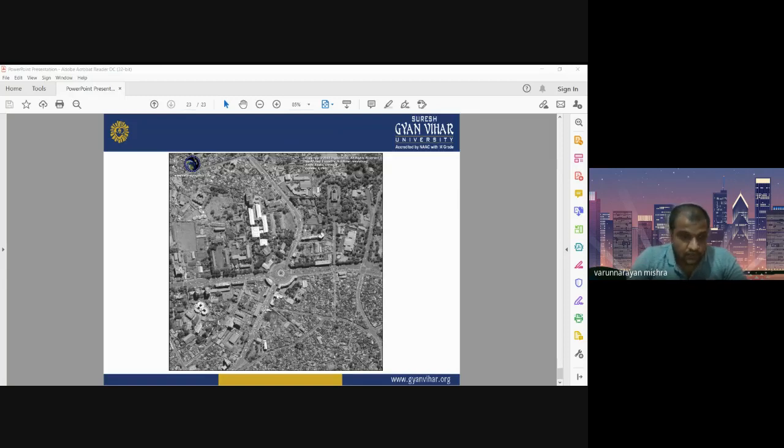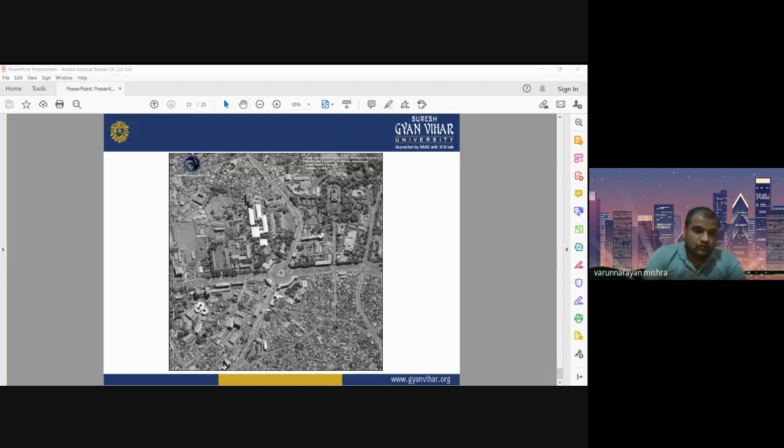Also for urban planning, one important thing I would like to mention here is that spatial information is very important in comparison to the spectral information. When you go for detailed urban area mapping, spectral information is not much useful.